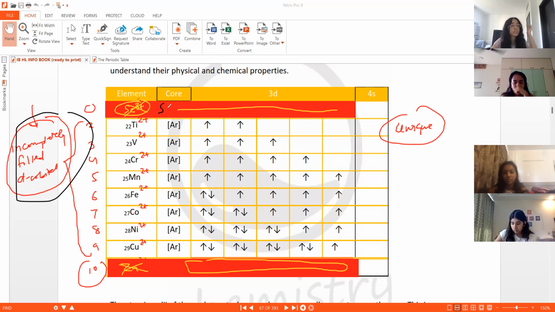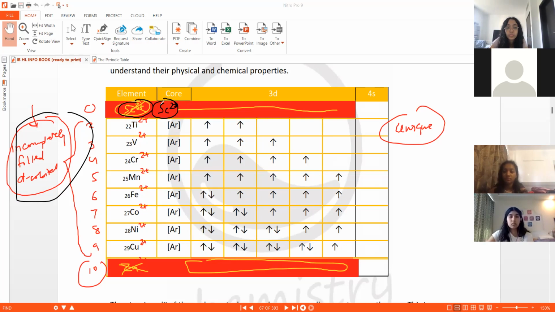But scandium in Sc2+, yes, that may show the transition metal properties, but Sc2+ is a very rare oxidation state. Usually scandium shows Sc3+ only. Scandium does not show Sc2+; that's not a common oxidation state. So that's the reason why scandium almost we can say is not a transition metal, because the only ionic state, the 2+ oxidation state, in which it shows the transition metal properties is a very rare oxidation state.